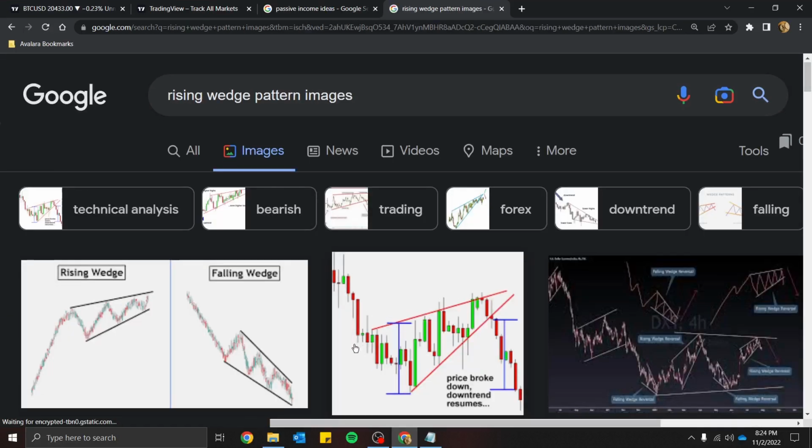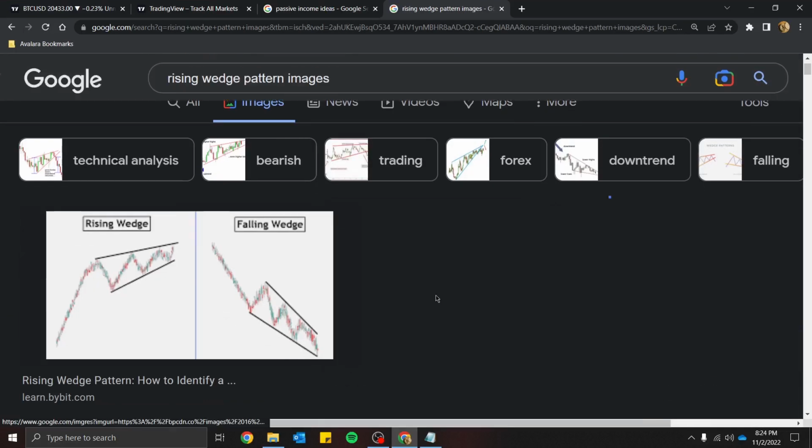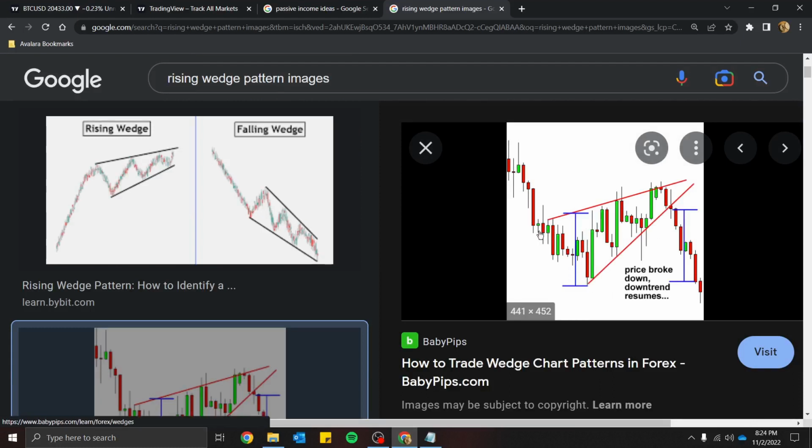Okay, so in this rising wedge pattern, let me quickly go into this. Here also we will see that some amount of sellers entered here, they took the price up to this level, then buyers came into the picture, they took the price to this level, then we saw that fresh sellers came into the picture, again buyer, again seller.